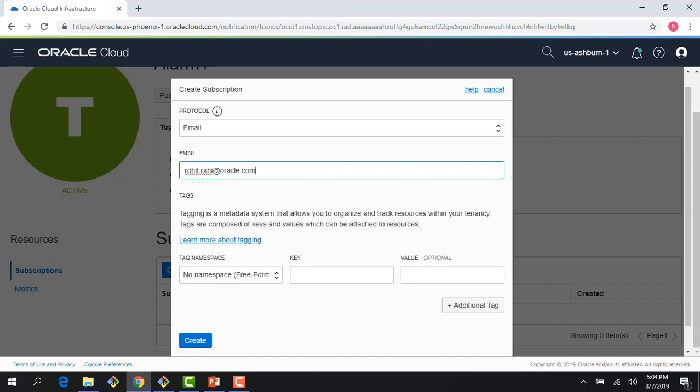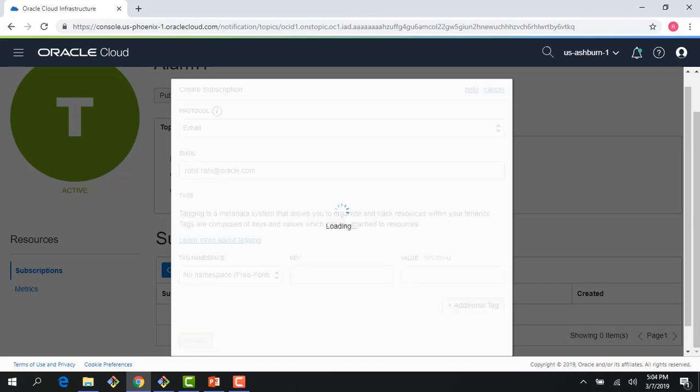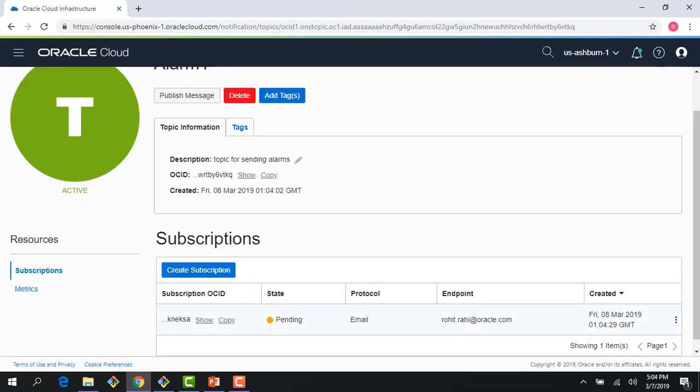And now as you can see, it would send me a confirmation email to confirm my subscription. And once it confirms, then we created a channel, the topic, and then the subscription is the endpoint. It can start sending messages to my endpoint, my subscription, right? So if I go back to the monitoring service,